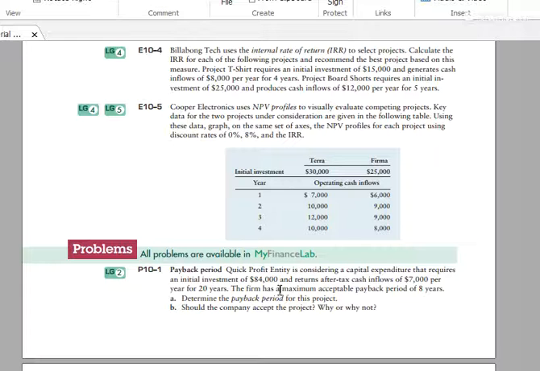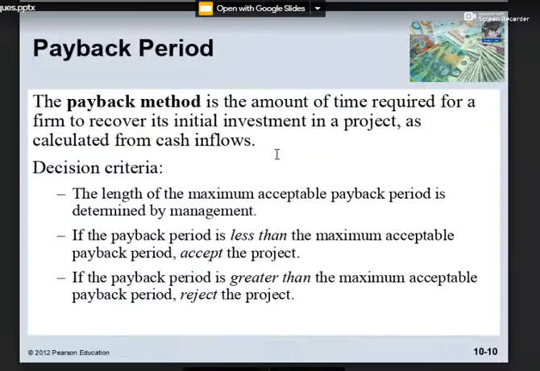So here, the farm has a maximum acceptable payback period of 8 years. And if you calculate the payback period from the math, 84,000 divided by 7,000 every year initial cash flow is 12 years. So the maximum acceptable payback period is 8 years, but the actual payback period is 12 years. So this project cannot be accepted because we know that